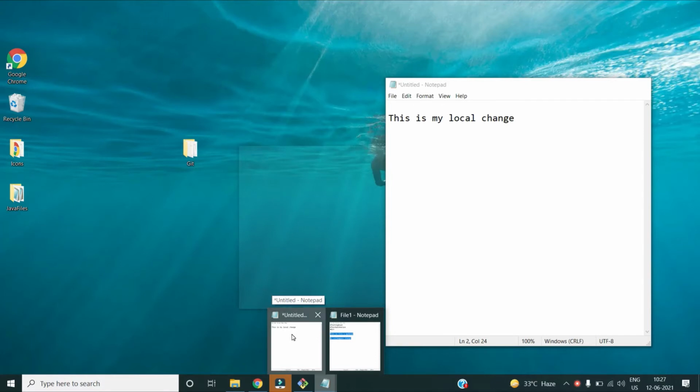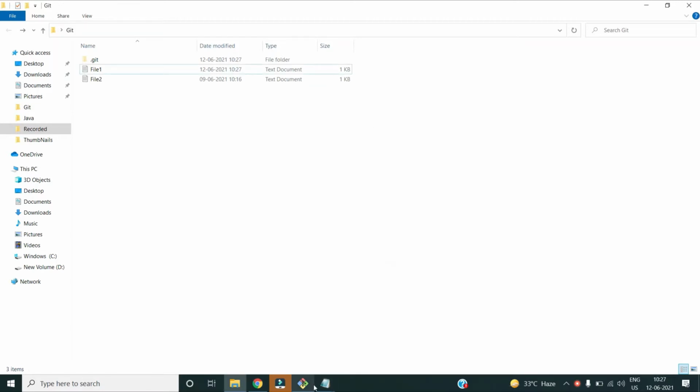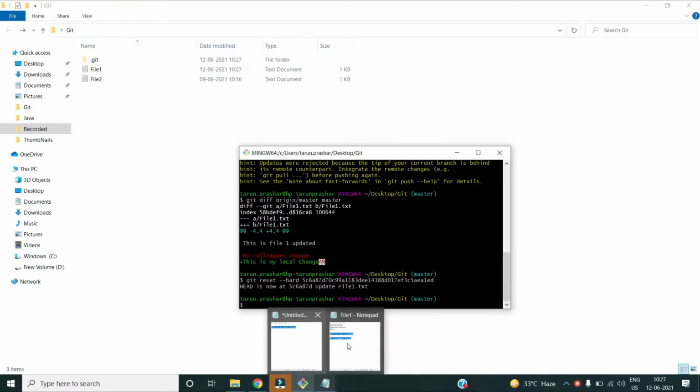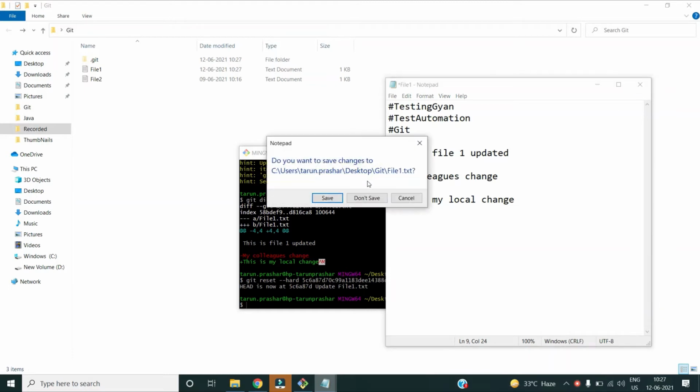Now I will again put my changes in this file. So this was my local change, I copied it from my backup. Then I went there again, and after comparing, if my colleague has already made those changes, then there's no need to do that. If there's something new, or something which needs to be modified in your colleague's code, you can do that, depending on the scenario. I'm just explaining it by taking a simple example here. So now I made my changes, and then I save the file again.